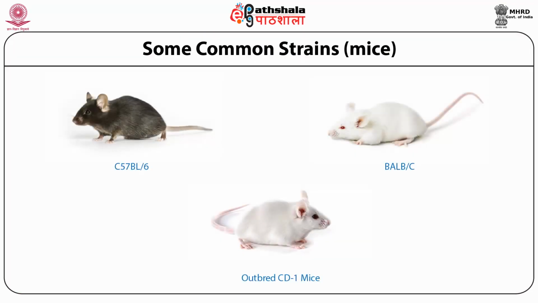These are some common strains which are used for many kinds of research, from immunological and toxicological to genetic studies. One of the most important, which is most commonly used, is the C57 black 6 mouse, and the second most common is the BALB/c mouse. The outbred strain like the CD1 mouse is also used for many toxicological studies. The first two, BALB/c and black 6, are mostly used for immunological and genetic research because they both are inbred mice, and the CD1 mouse is an outbred mouse, which can be used for toxicology studies.